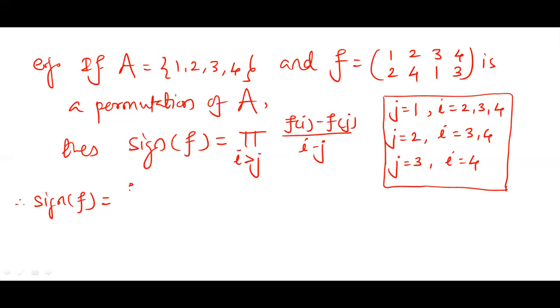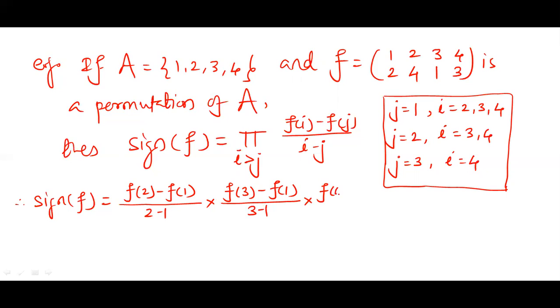Then we'll get (f(2) minus f(1)) divided by (2 minus 1) into (f(3) minus f(1)) divided by (3 minus 1) into (f(4) minus f(1)) divided by (4 minus 1) into